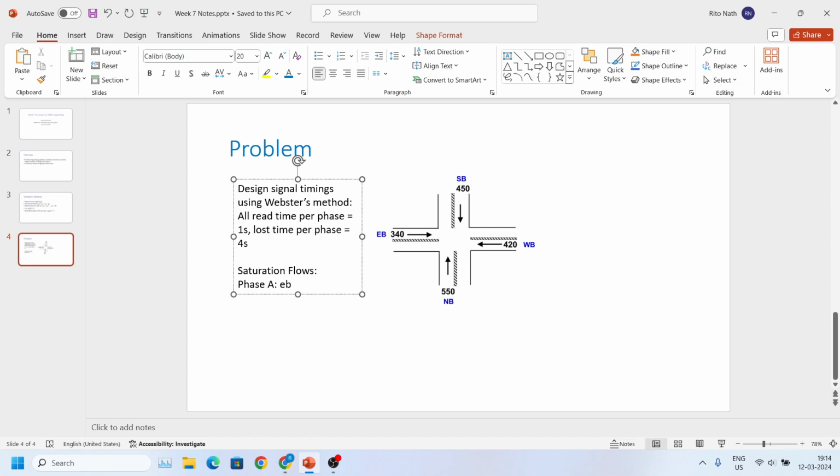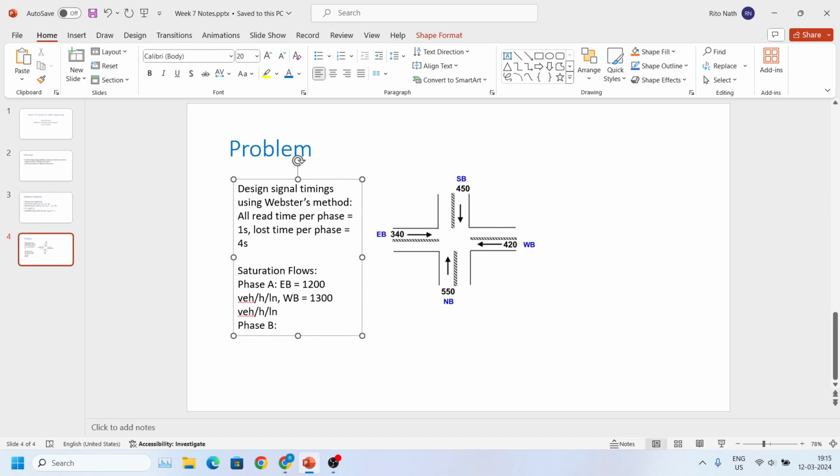So for eastbound, let's say this is 1200 vehicles per hour per lane. Then you have westbound, which is 1300 vehicles per hour per lane. For phase B,